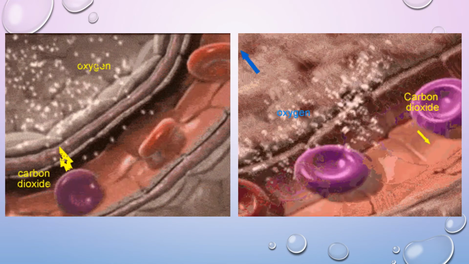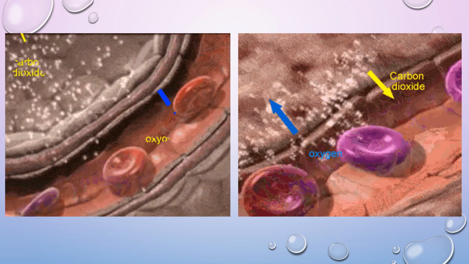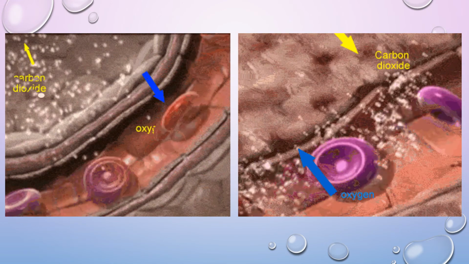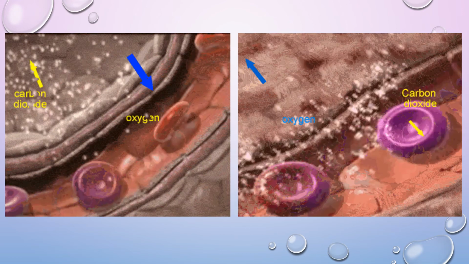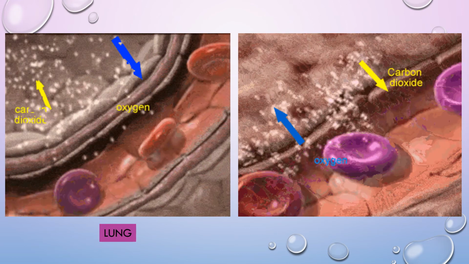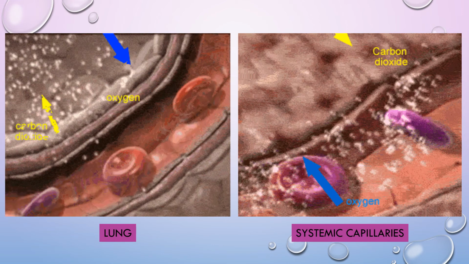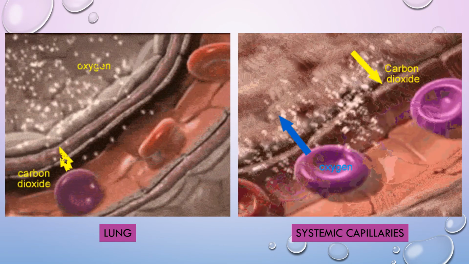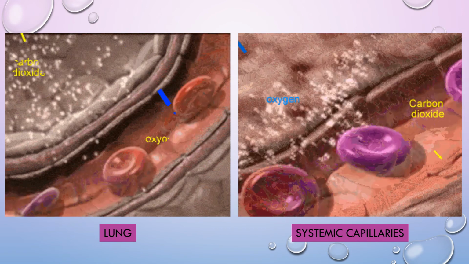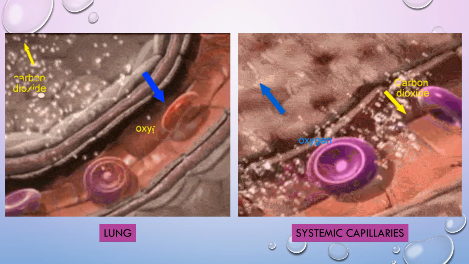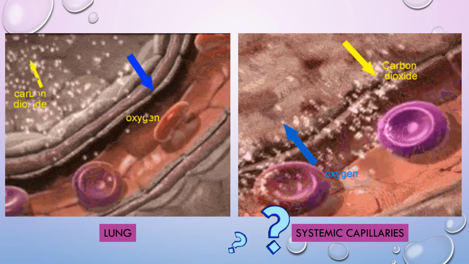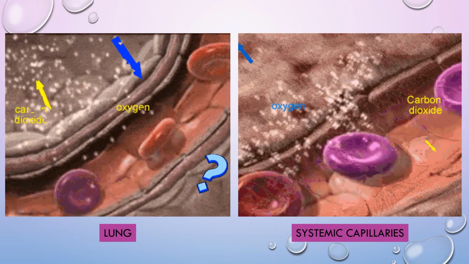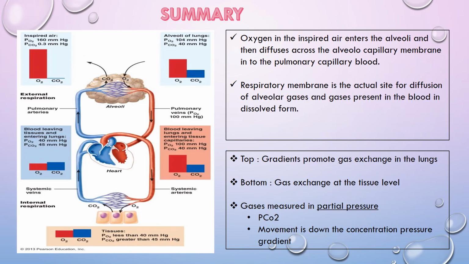This is the animation of the diffusion of oxygen and carbon dioxide at the lung and the systemic capillary. Look at the difference between the diffusion of gases in the lung and the systemic capillary. Can you see the difference? Answer by yourself. In conclusion,